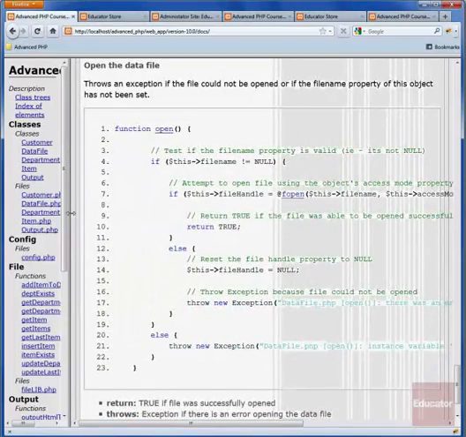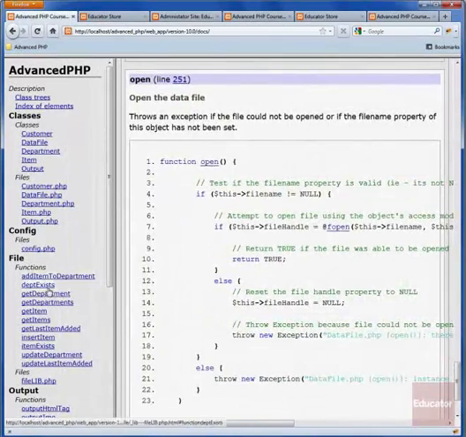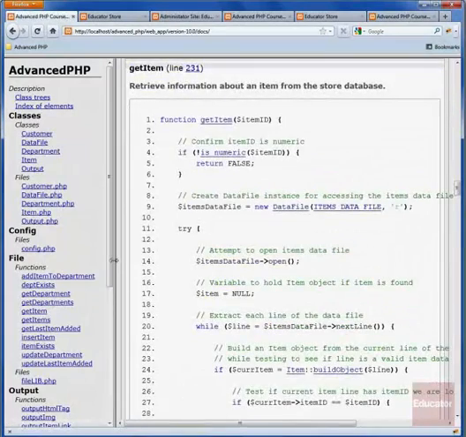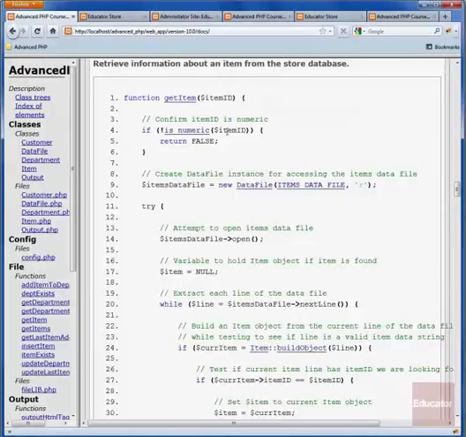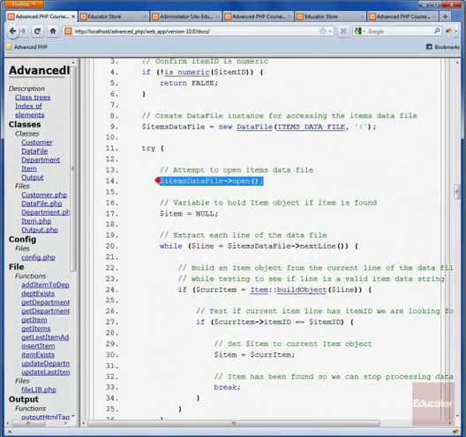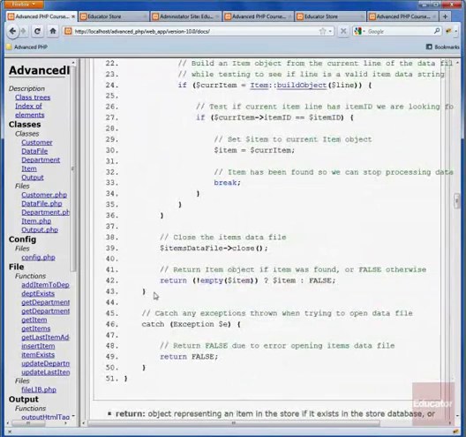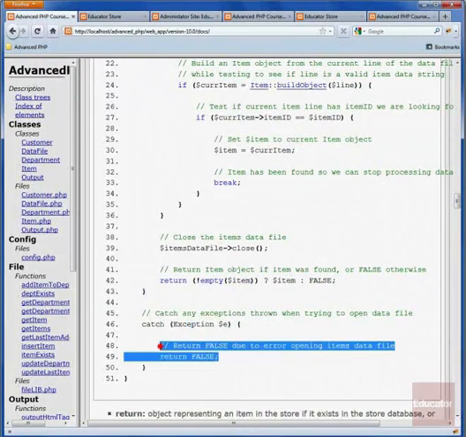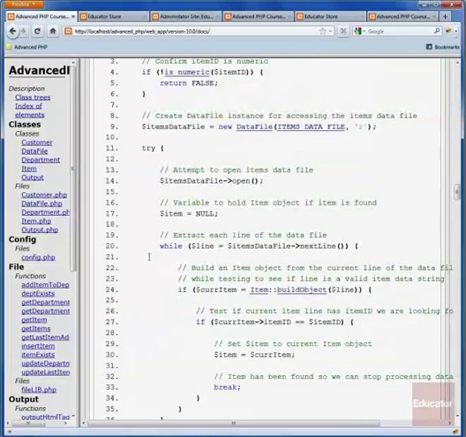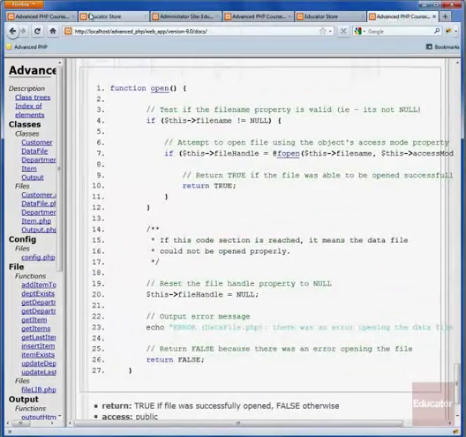So then what happens is, for example, all of our functions in our file library that use the open method are now going to basically enclose things in try-catch blocks. So for example, in our getItem function, which loads an item from the database, we declare a new data file object, and then we try to open the file. And what we have done now is enclose that in a try block. And we catch the exception, and then right now we're simply returning false. We're not outputting any error message, which is different to our last version,